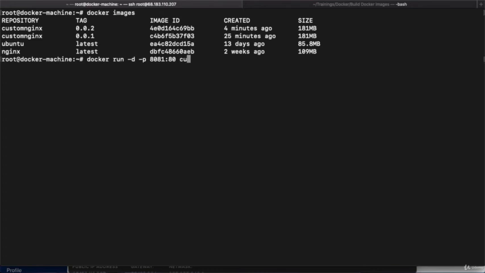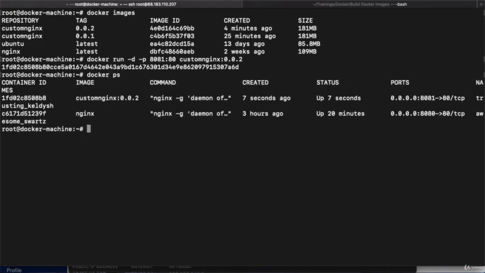After that I need to define my image name .2. Hit enter, and you can see the container is started with this particular ID. If I execute docker ps, then we can see the container is running, right? So we have started our container on port 8081.